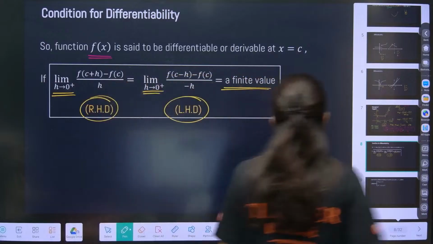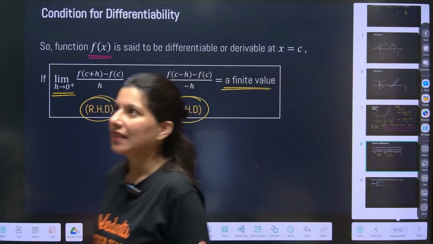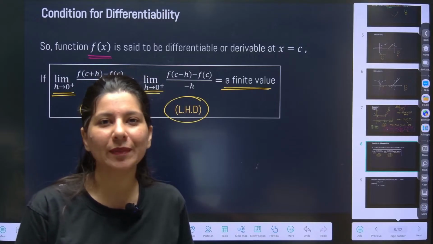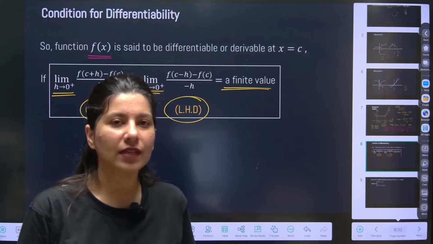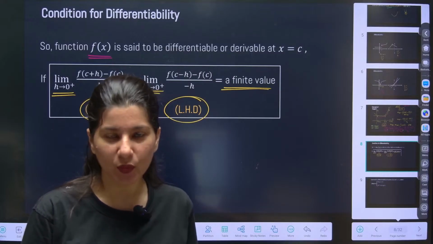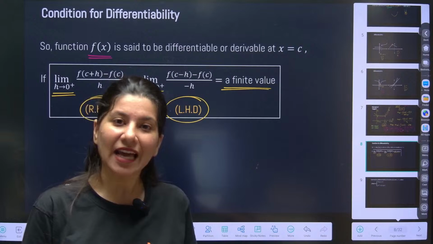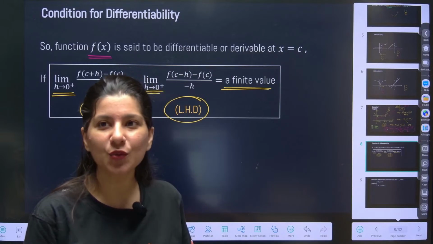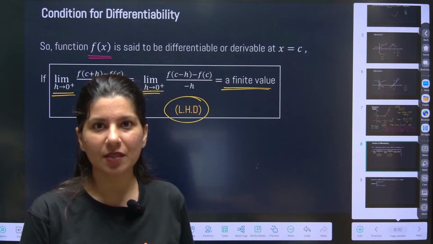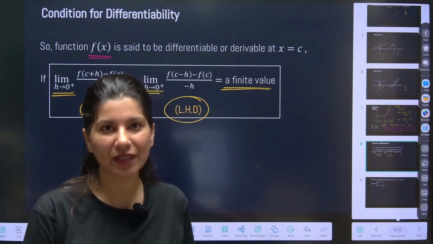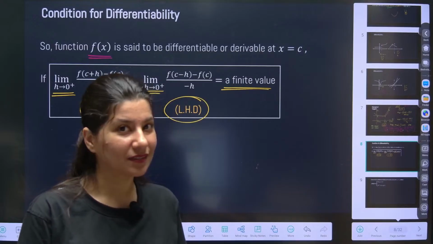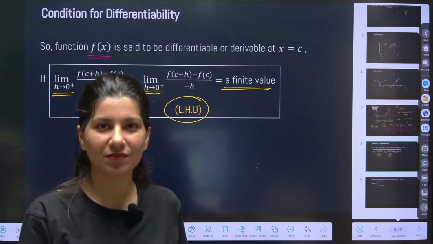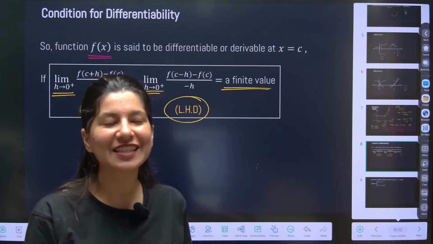Let me tell you that first principle of derivative, you will feel that this is only useful for CBSE boards, and that is true. 99% chances are there that you won't even use this first principle in JEE Main questions, but there will be one difficult JEE Advanced question where first principle will be utilized and your mind will be blown.